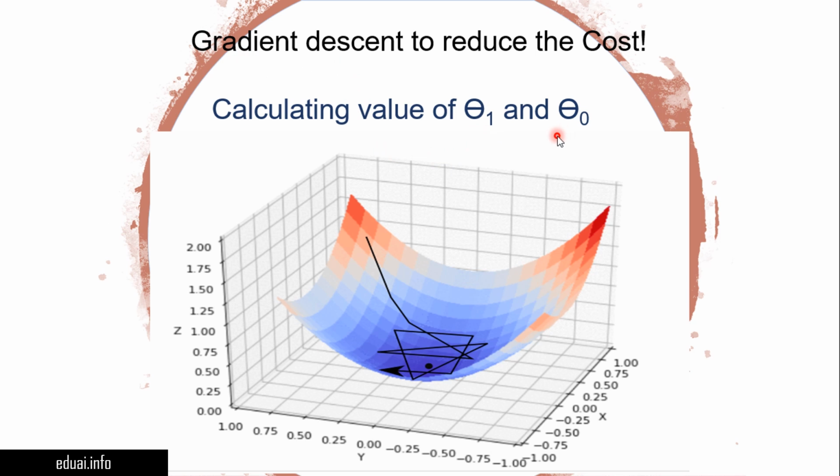So in short, linear regression uses the gradient descent algorithm internally to choose the value of theta 0 and theta 1, and based on these values it draws the best fitting line over the data. That's the takeaway from this whole discussion. I hope you understood how the machine draws the best fitting line over the data. We have still not discussed how exactly this gradient descent algorithm works mathematically, but I have given you an overview of how it chooses the values of theta 1 and theta 0 to draw a best fitting line over the data.